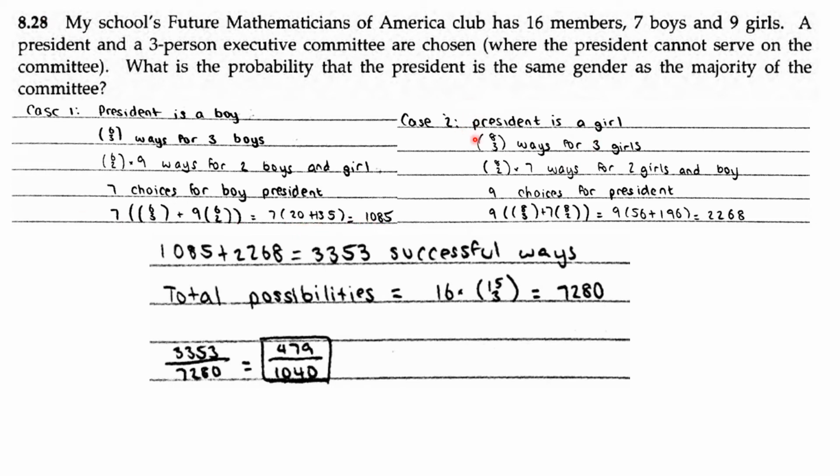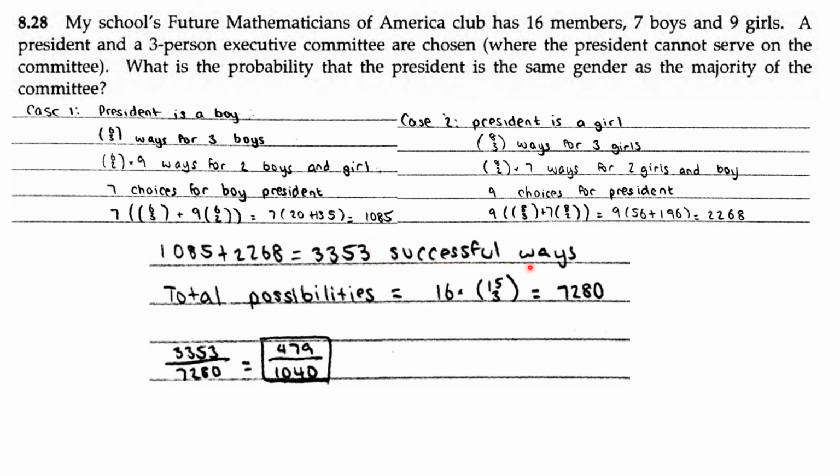And case 2 is if the president is a girl. So there are 8 choose 3 ways for 3 other girls, since if 1 girl is the president, there are 8 girls left. And there are 8 choose 2 times 7 ways for 2 girls and 1 boy, since you also need a boy. Since there are 9 choices for the girl president, the total is 9 times 8 choose 3 plus 7 times 8 choose 2, which is 2268. So in total, 1085 plus 2268 is